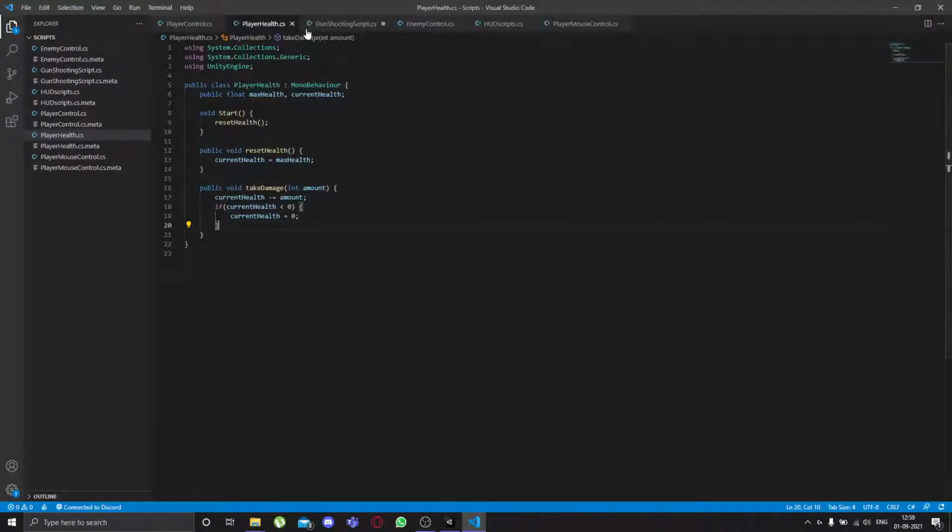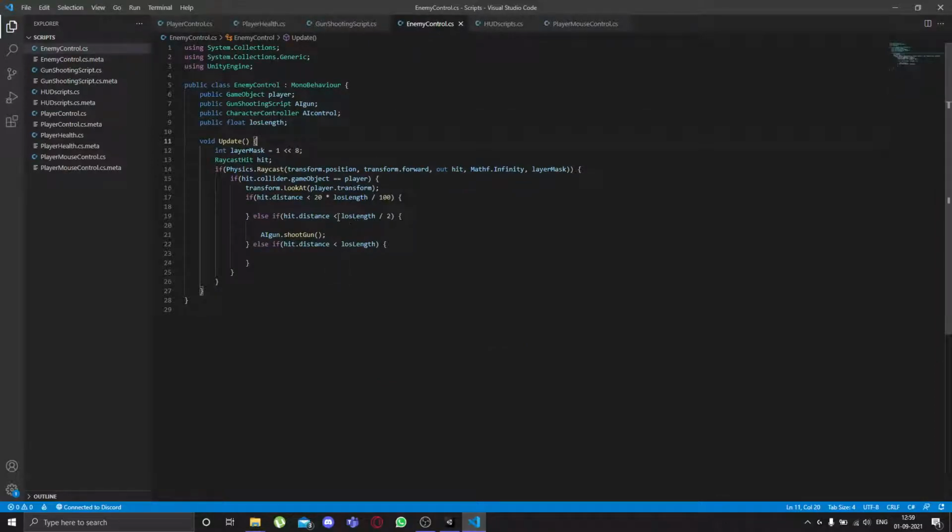So the enemy controller, we shoot the gun if our gun dot remaining clip is greater than 0. Okay, I'm doing this here again because we'll be reloading from within this script and we need to give an input here. So yeah, gun dot reload gun. Okay,